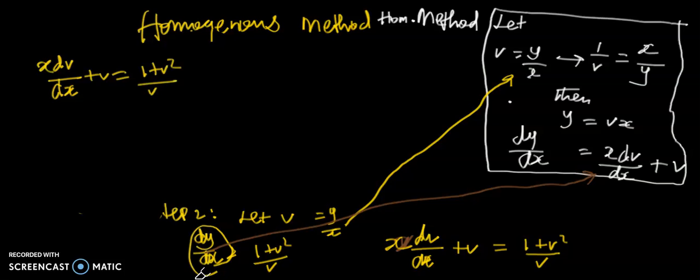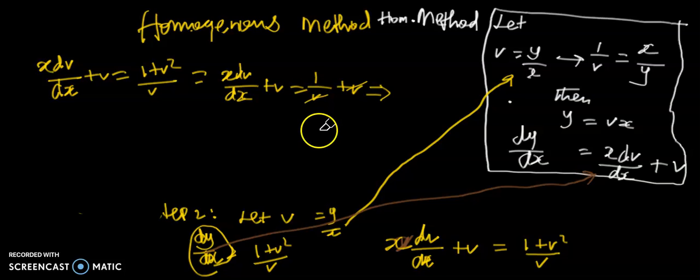If we try to make it simpler, we simply have x dv by dx plus v equal to 1 over v plus v. Now that we have separated this, we can actually cancel. We have v and v, so we get rid of them, so that we are left with 1. At this point, we know that the function is separable. Remember, from the beginning we checked to see if the